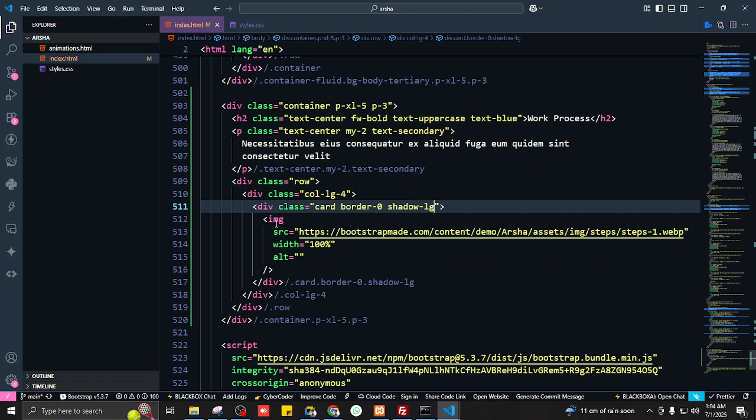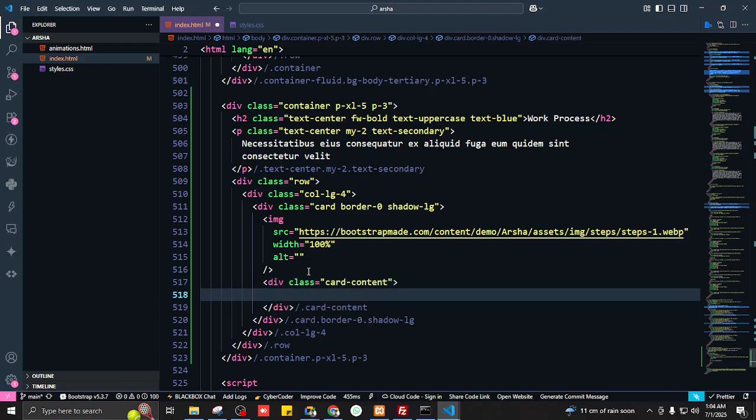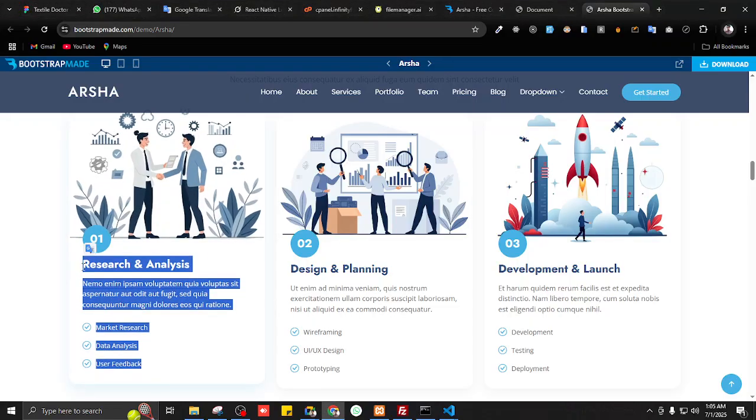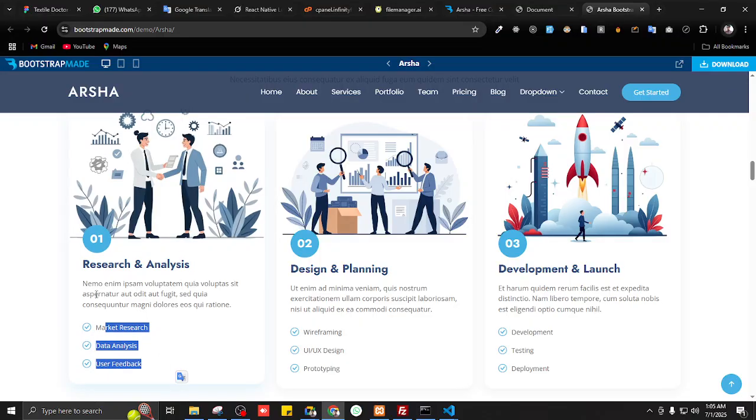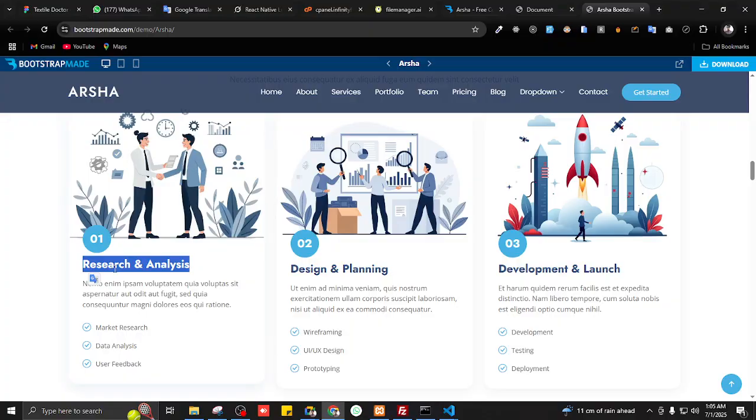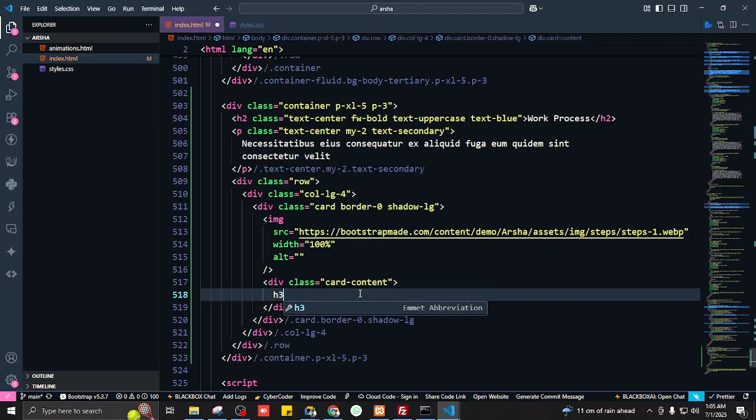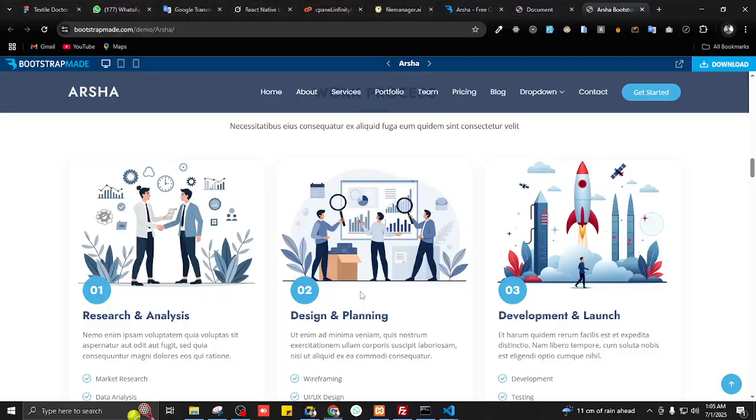So what we are going to do is, after the image we're gonna have a div, and I'll name it card content. Now this div is gonna hold everything like heading, the paragraph, and the list. Okay, so this is h2. I guess this h2 or h3, this one, I guess it's h3. Text of blue, and it's bold. Yes,